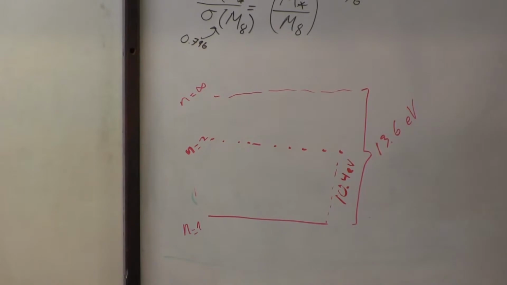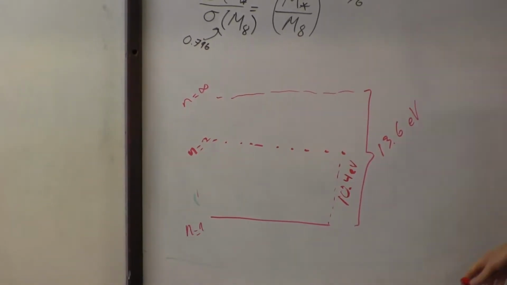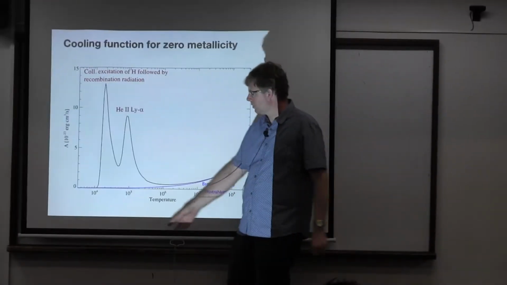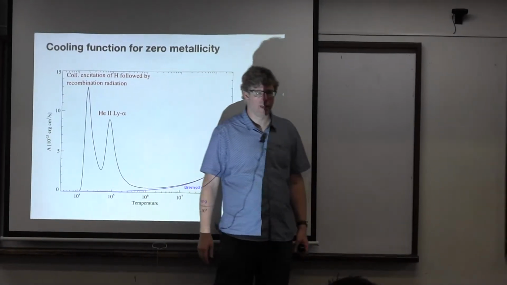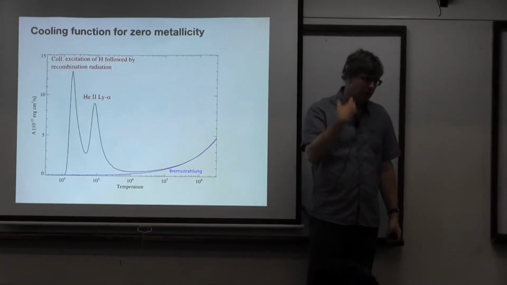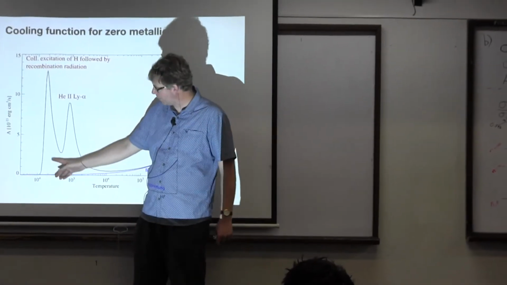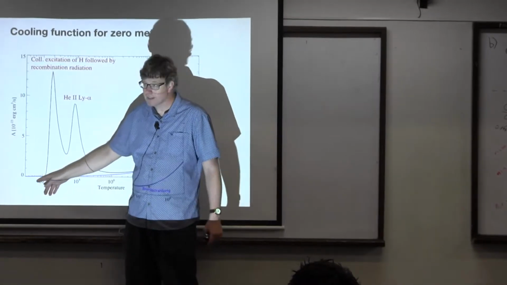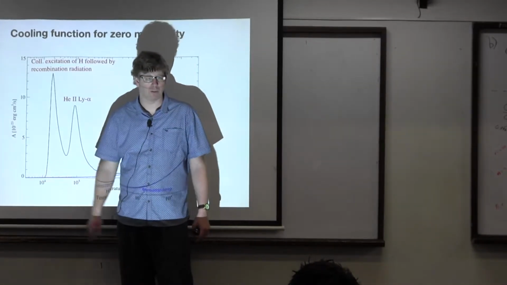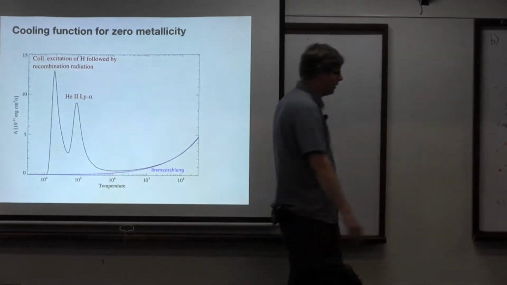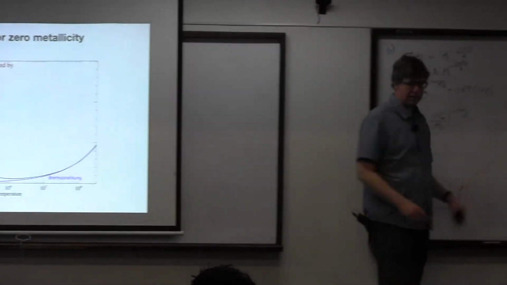So even to just excite hydrogen, you need a temperature that is of the order of 10,000 Kelvin. If it's lower than that, I mean, if I plotted this with a logarithmic scale here, you would see that this extends down a bit. Okay? There's a bit of cooling down to a few thousand Kelvin, but for most of it, you need 10,000